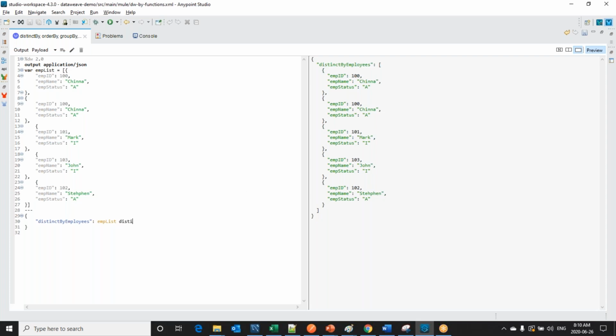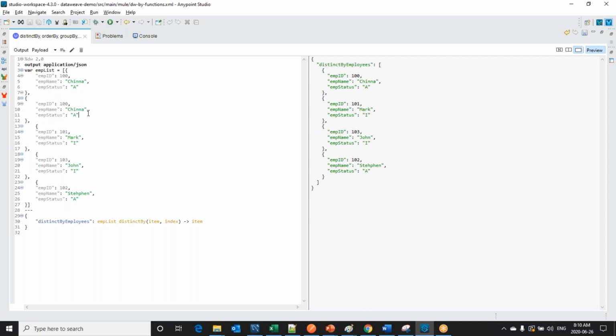Now let me write distinct by of item comma index, lambda expression. Then I can write item. Now this has removed the duplicate record.